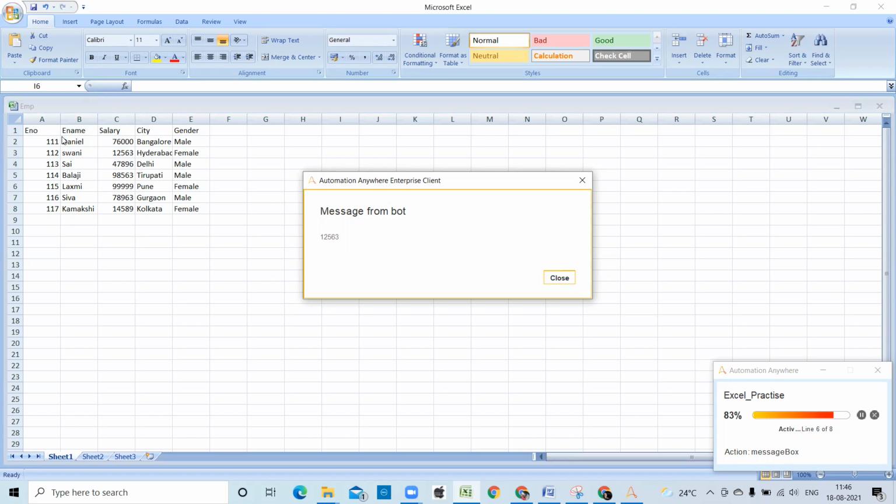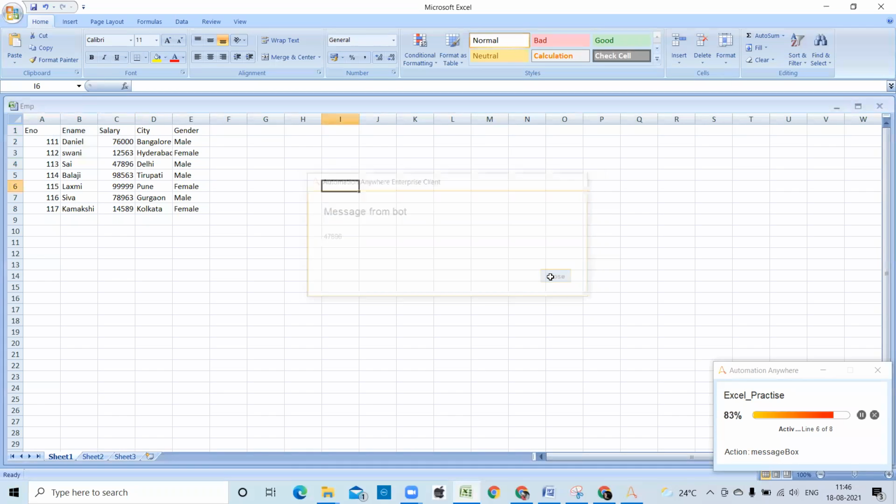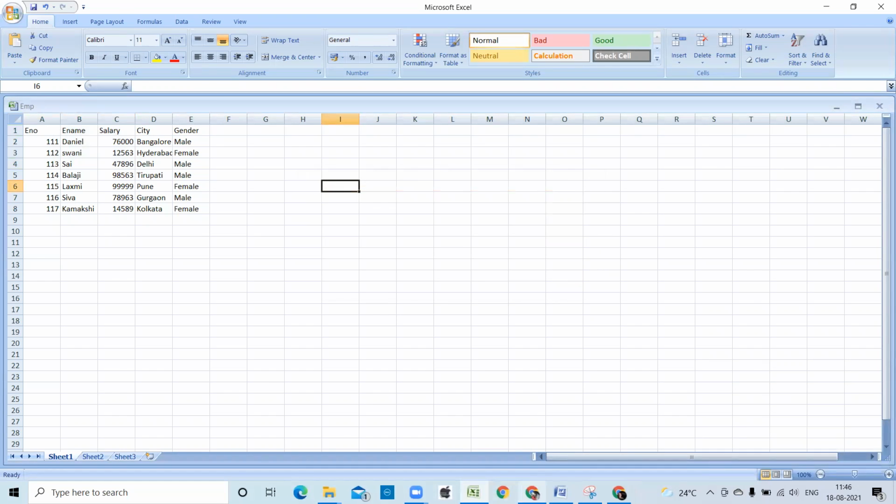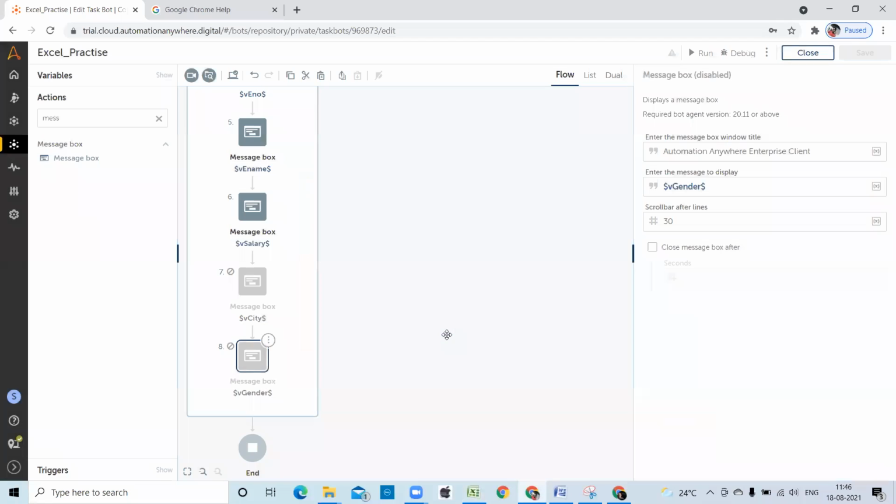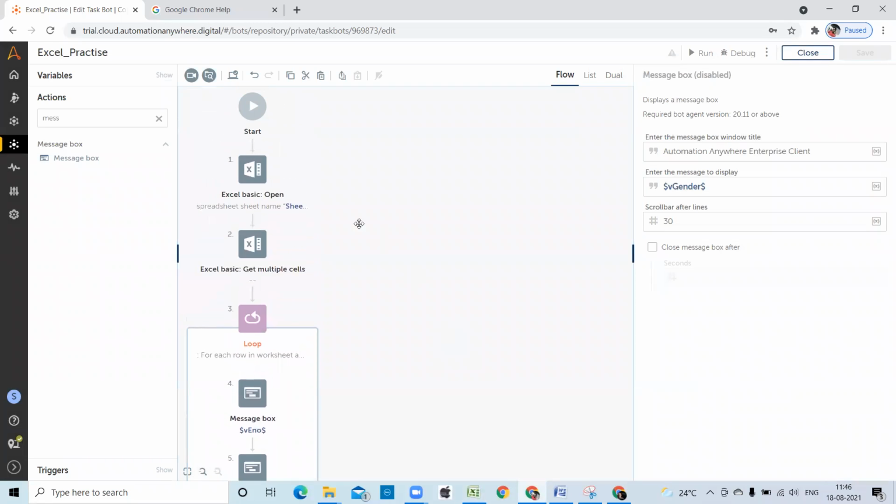Because I have given A1 to C4 only, right? So that's why it's giving up to salary only. 113 Sai 478. Okay. So like this, under basic Excel, the get multiple cells command works.